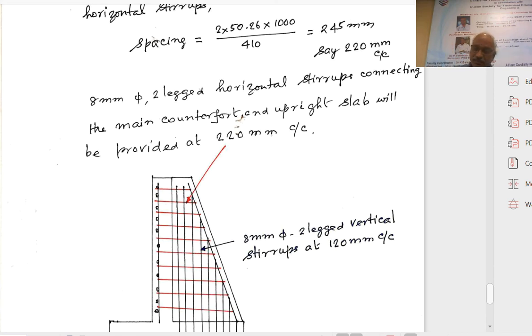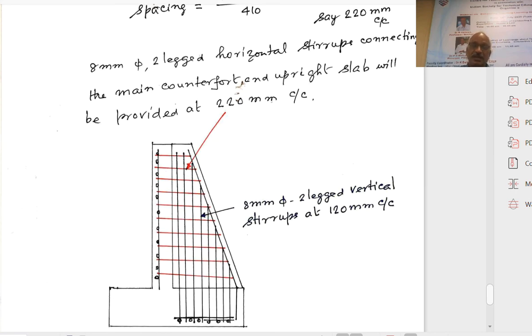It is a lengthy design, and so I have not given the complete reinforcement in a single drawing. I have given the individual reinforcement: main reinforcement, distributors for the upright slab, midspan section, counterfort section, toe slab reinforcement separately, heel slab reinforcement separately, connecting stirrups, the front counterfort separately. This is the only connecting stirrups I have given. The main reinforcement on one side, so this is again a part. This is again a part.